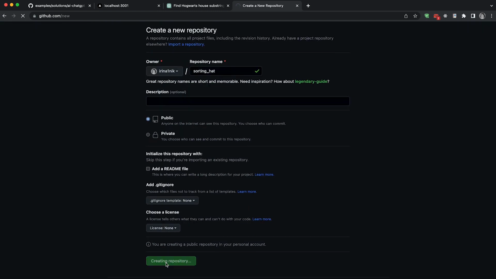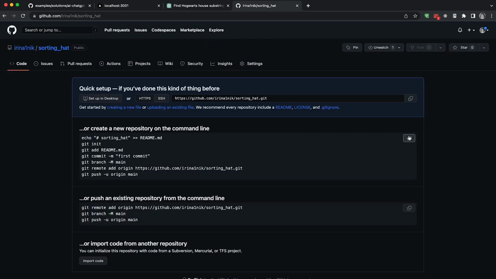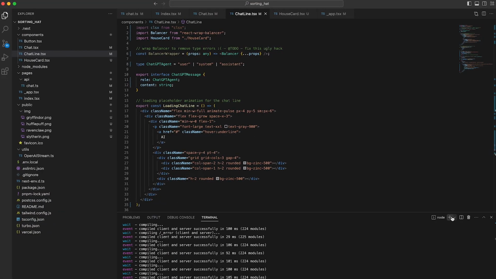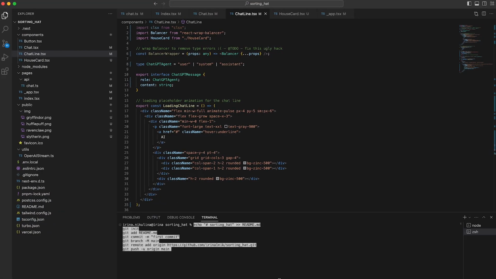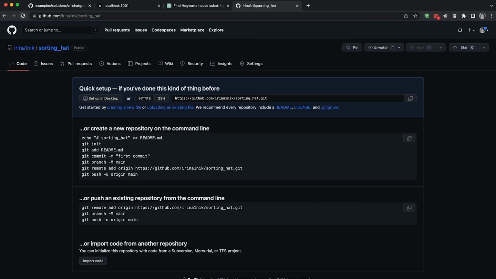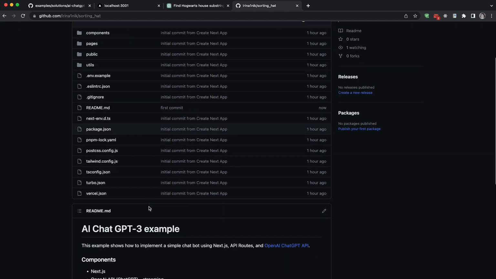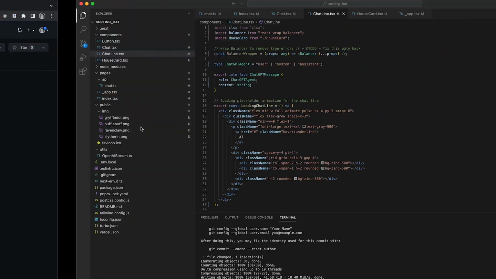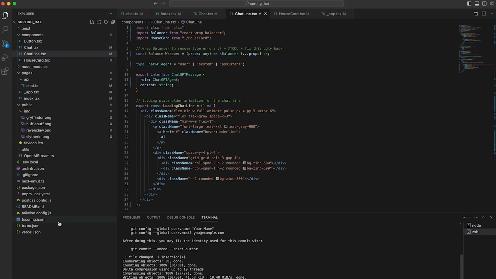Create a repository. Now I have to push everything to this repository, so I just copy what Git suggested me, and in the new terminal I'm just going to insert it. Let's see if it worked. It did, so I pushed everything to Git. That's awesome. Oh, I forgot one thing. We have to remove in